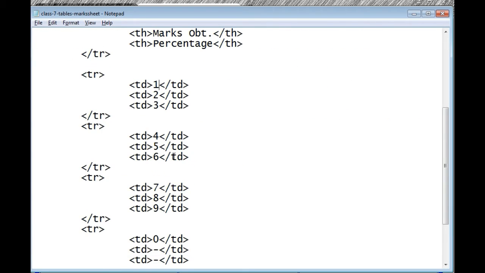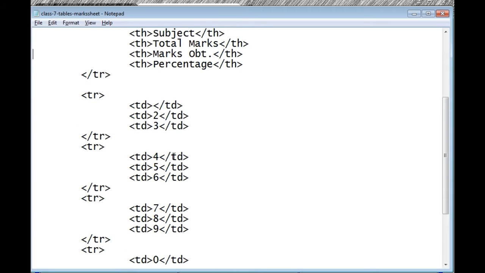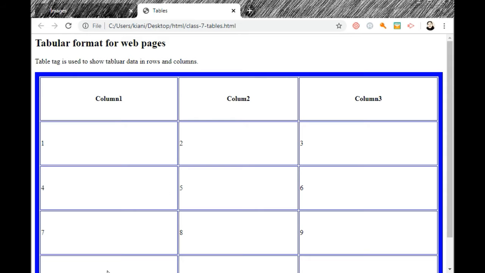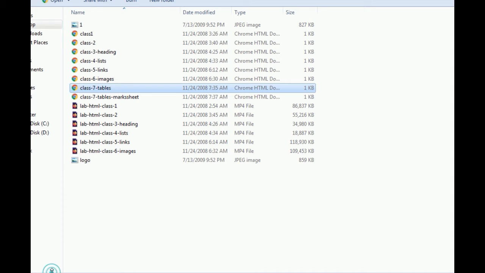I put data over here. Okay, data is, first column is what? Subject. I will write subject. Okay, let's see output first. What is the output? Now I should click tables mark sheet.